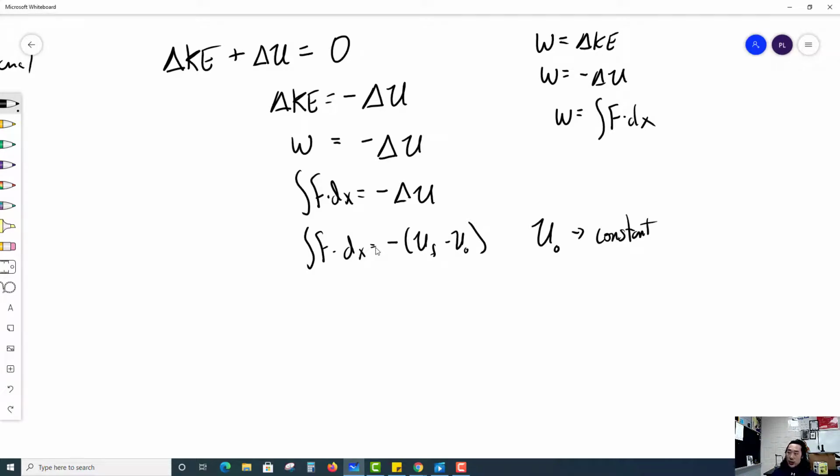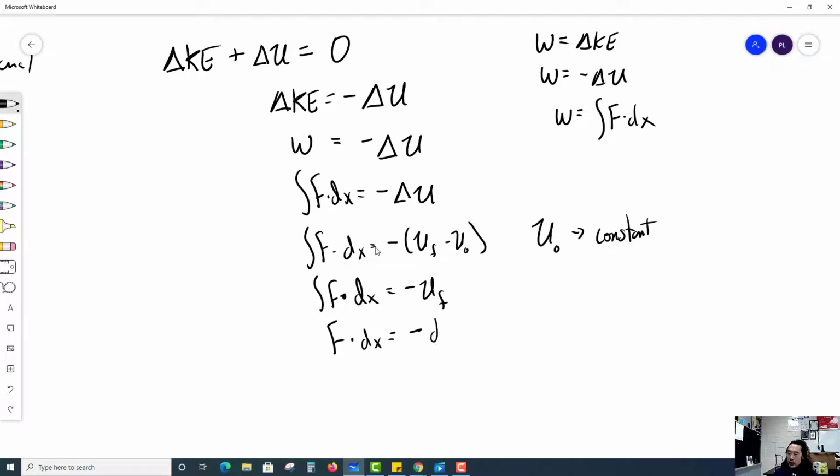So we can say that u initial is constant. And so what our formula turns out to be, okay, F dot dx is u final, right? I'm just going to make that 0. And so we're going to take the derivative of the entire line. Now when we take the derivative of the entire line, we're going to get rid of that integral. All right? We got F dot dx is equal to